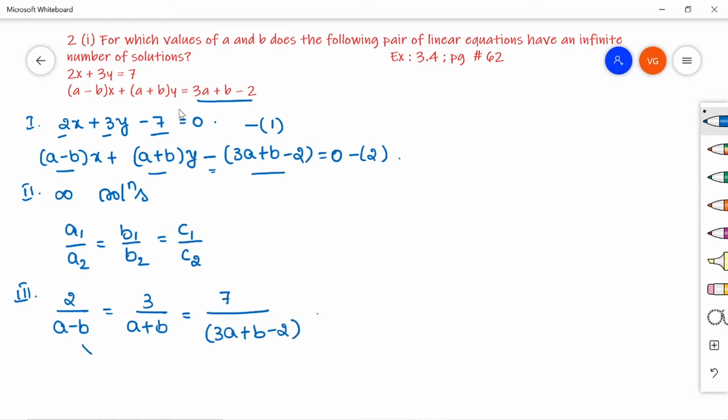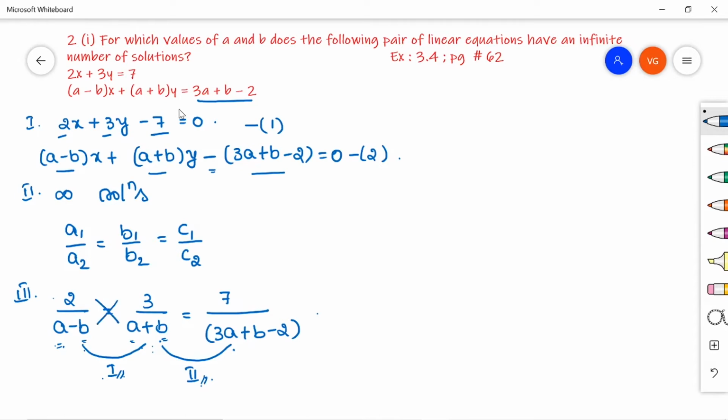So if I compare these two parts, and then these two parts, I'll get two different equations, right? If I get two equations, solving them we'll get the two unknowns a and b. The first two parts if we equate, we'll get one equation in a and b. Similarly, the second and third if you equate, you will get another equation in a and b, right? So now I'll try to equate these two.